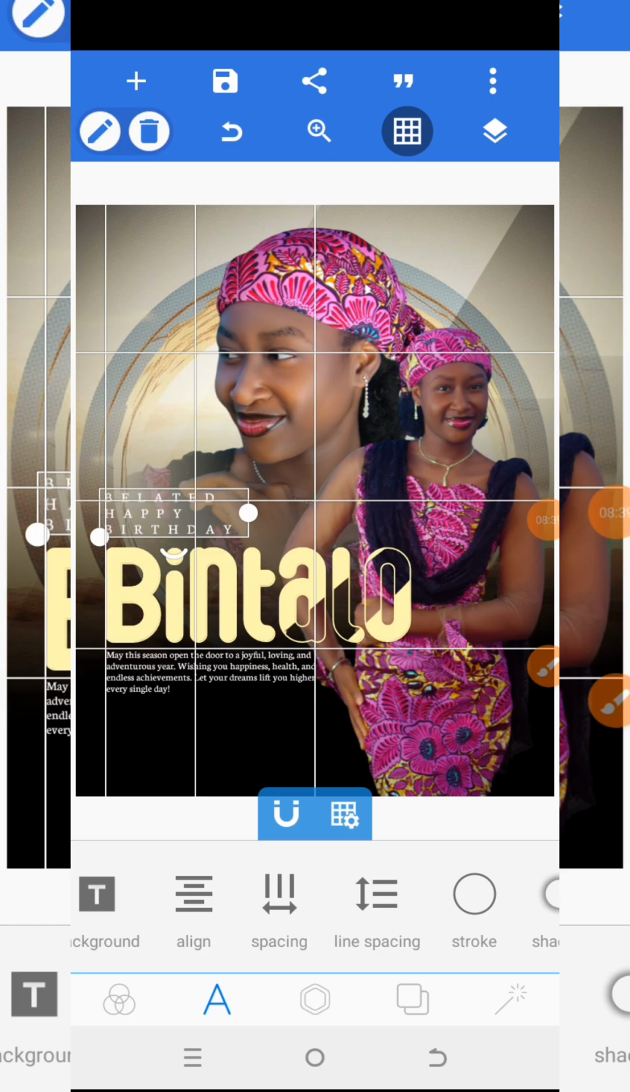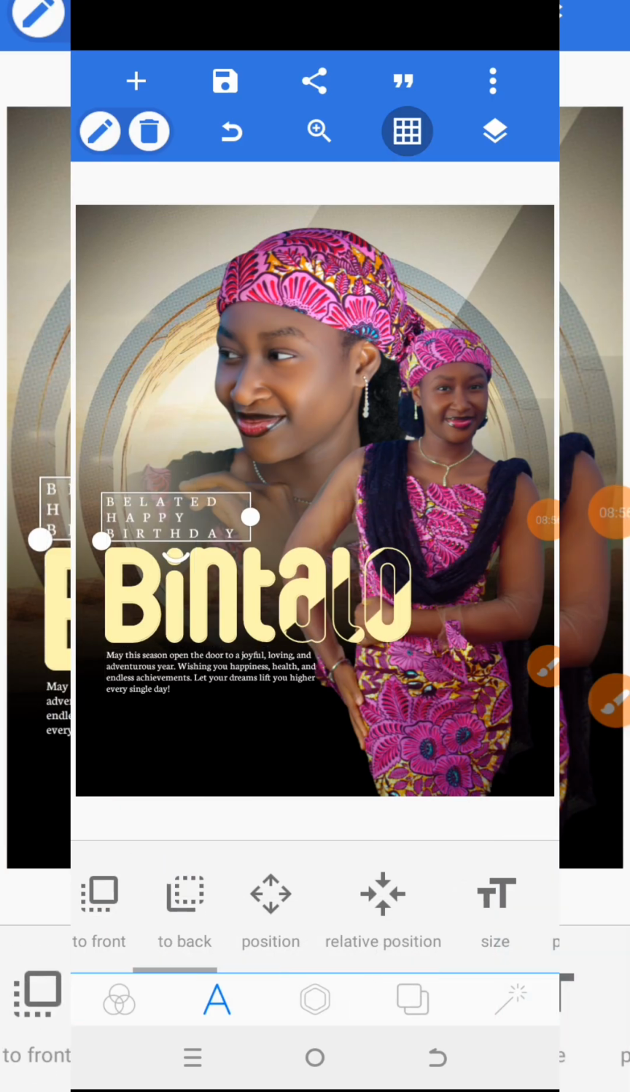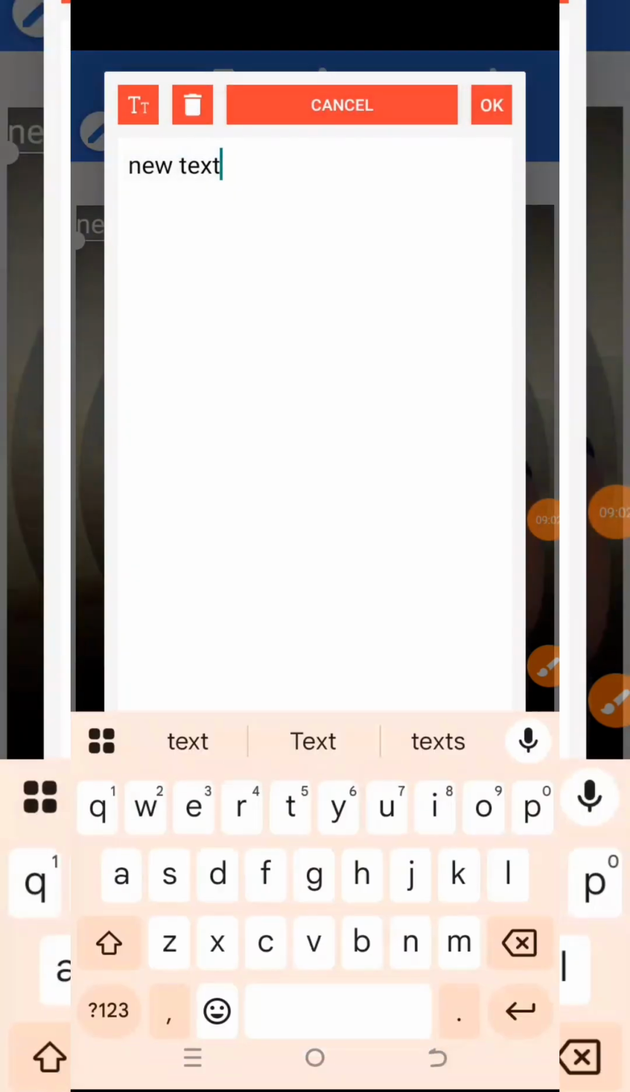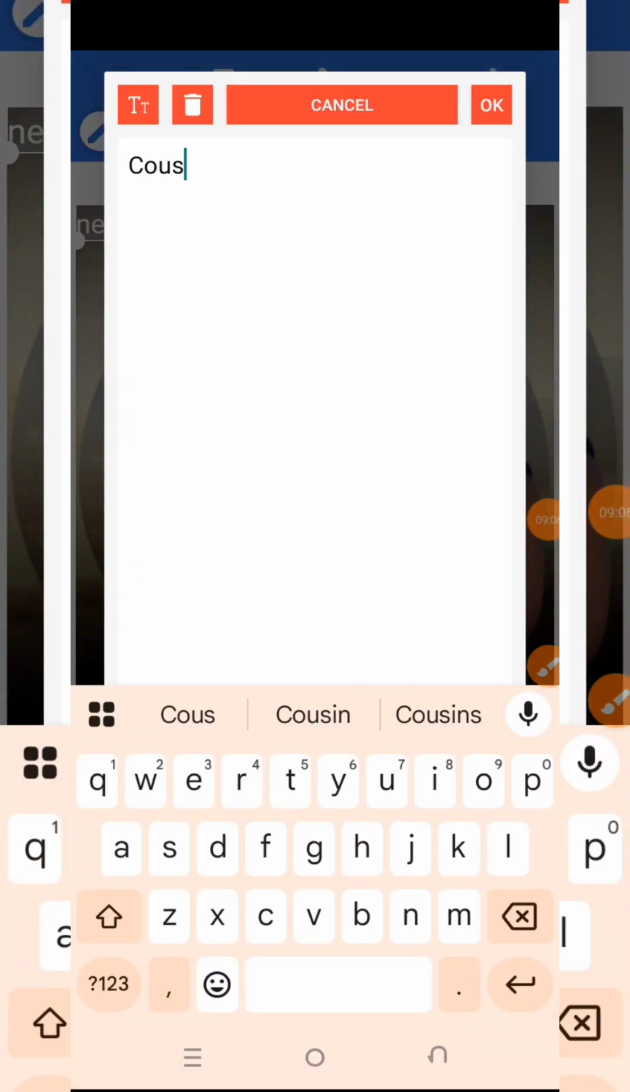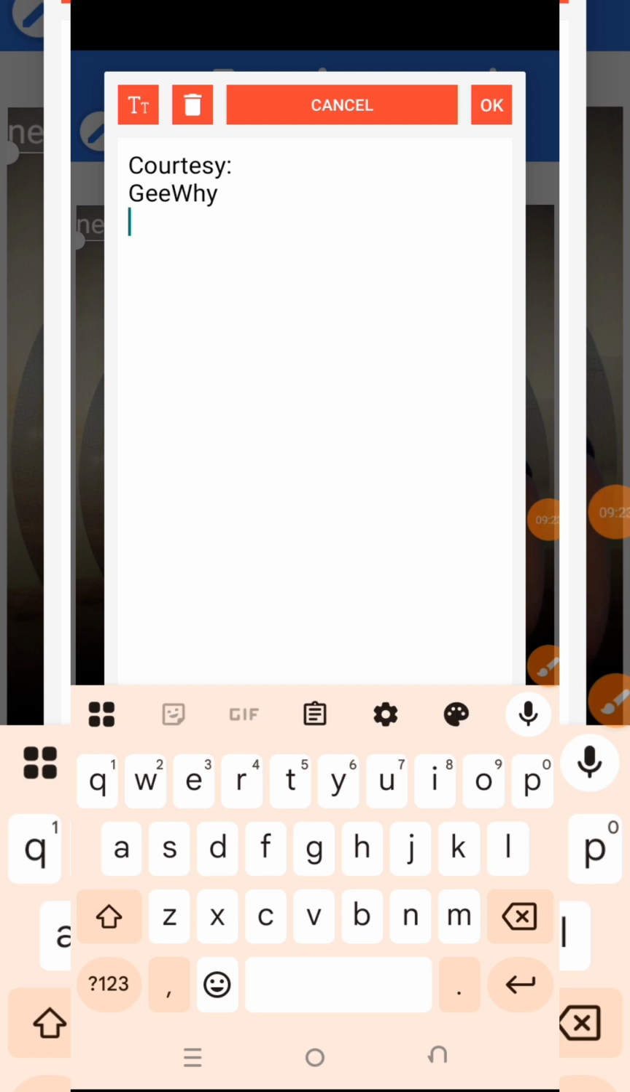So I will just increase the spacing a little bit because I'm going to increase the size like this. So let me see the aligning. Okay. So this looks perfect for this. So now what remains is I'll write something like this,